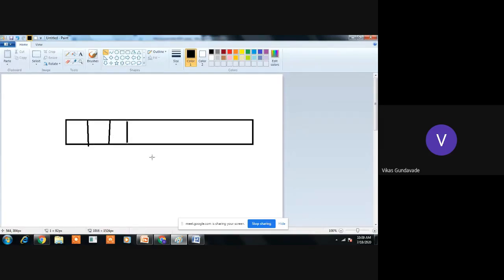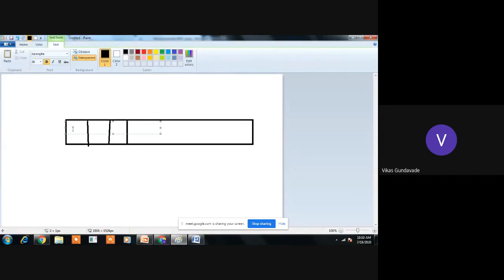Why? Because I have already said that every memory is represented in terms of capacity and word size. We have taken the example of x k by y, where x is the capacity of memory and y is the word size of memory. That means at every location, how many bits can be stored is represented by word size. Similarly here in this data memory, the word size is 8. That means at every location we can store 8 bits. So in a bit addressable location, every bit can be changed. Let's say here the bit is 1.